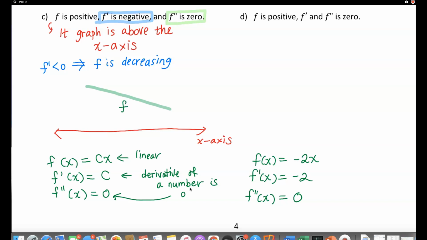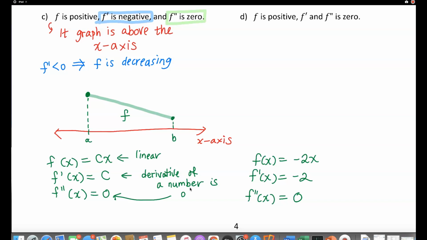Why not? Because if I continue going down, wouldn't we eventually touch the x-axis, right? So this is an awkward situation because I'm not allowed to go below the x-axis, but I need to draw a decreasing function, a constantly decreasing function that's not going to go below the x-axis. But it meets the condition. This green piece of graph is meeting the condition if I just keep it this short. If it starts from some point and ends at some point, I'll just say in this interval a to b,